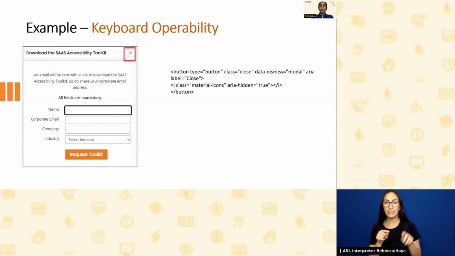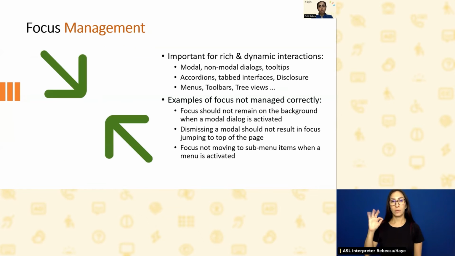Okay. We'll see an example for the same as well, so that we can understand how focus management can be implemented. Now, focus management is going to be different for different types of interactions.